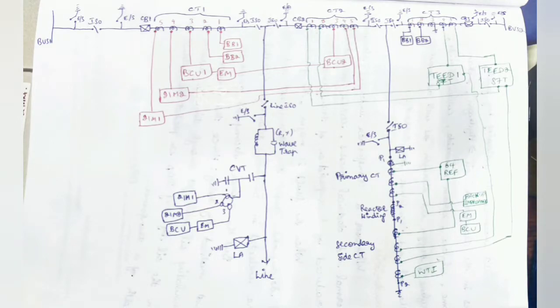Then coming to the point, first CT1 comprises bus bar 1 and bus bar 2 protection, which means the 400 kV bus 1 is connected with one end. The bus bar protection is taken by bus bar relays, which means differential bus bar protection of your connected bay and the bus bar.